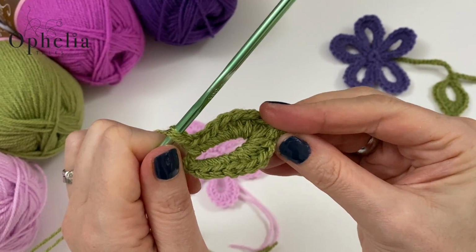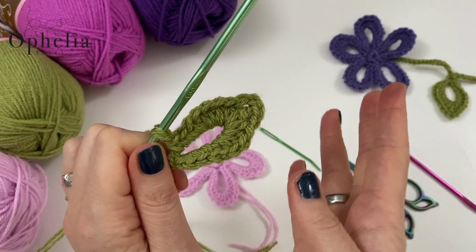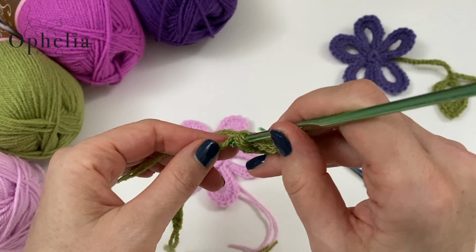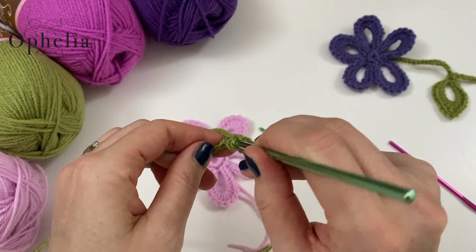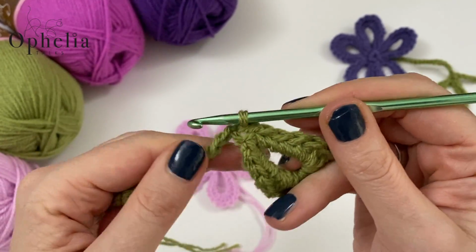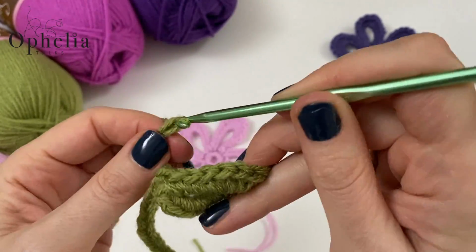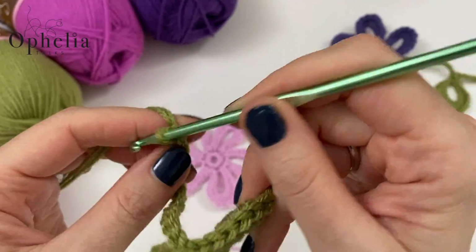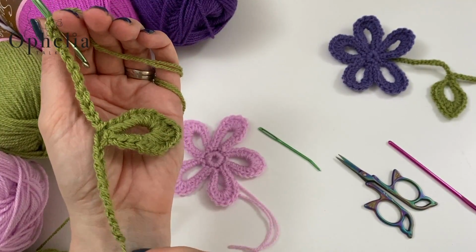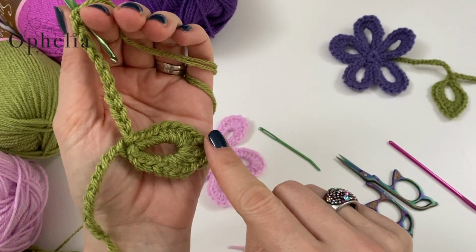And as you can see, with doing that chain and then the double crochet in between there, you get a little bit of a point, which I think is a nice effect. Then you go back to your chain, you do a slip stitch wherever you can get into. That's a sensible location is fine. There we go, slip stitch, and then you just start chaining again. So now you have made, let me just quickly chain. Yeah, now you have made your drawstring, or your string that you're going to hang your garland on, with automatic